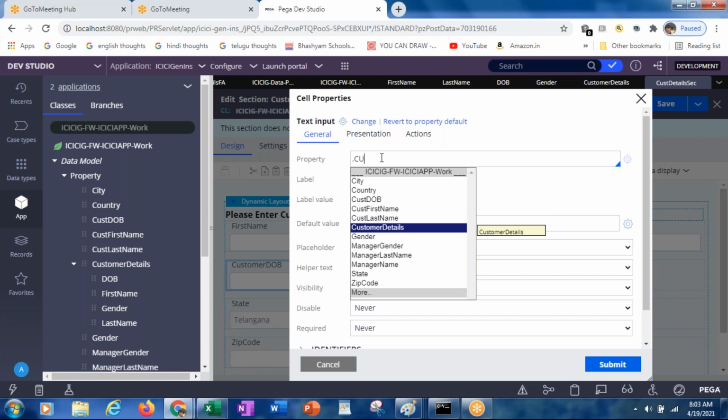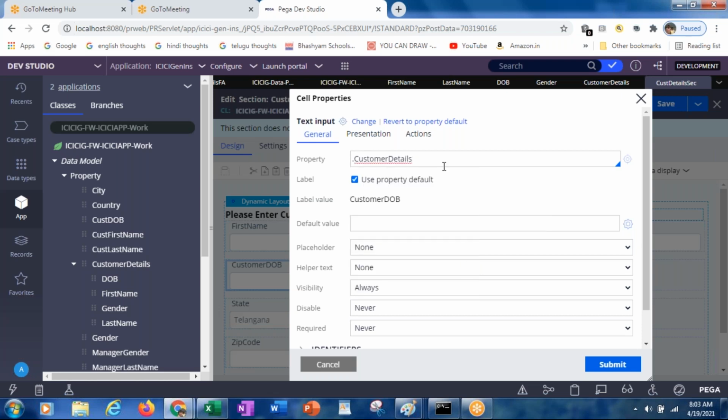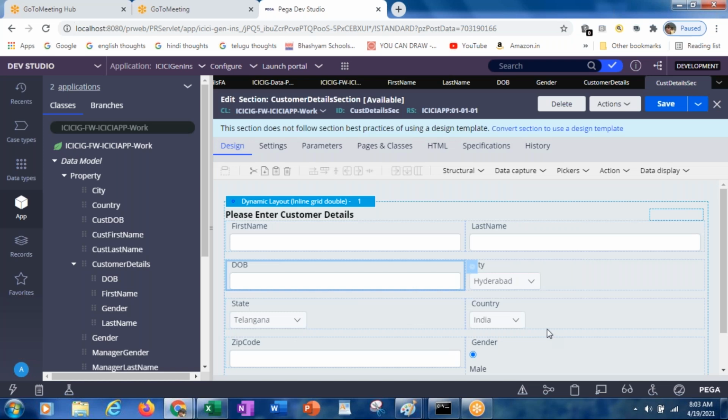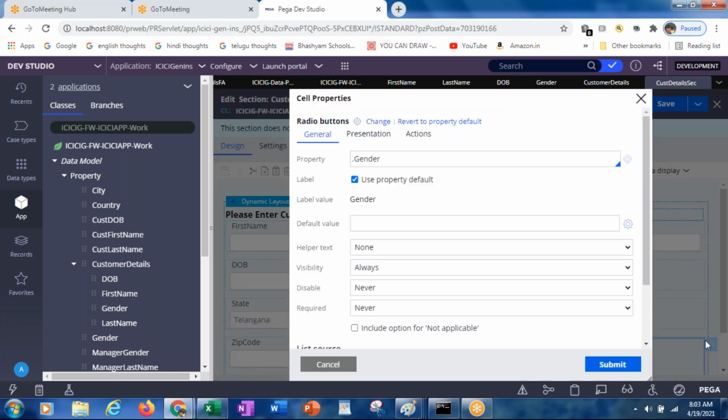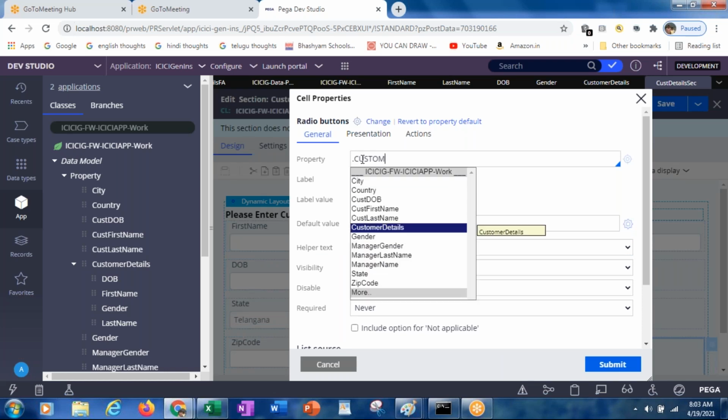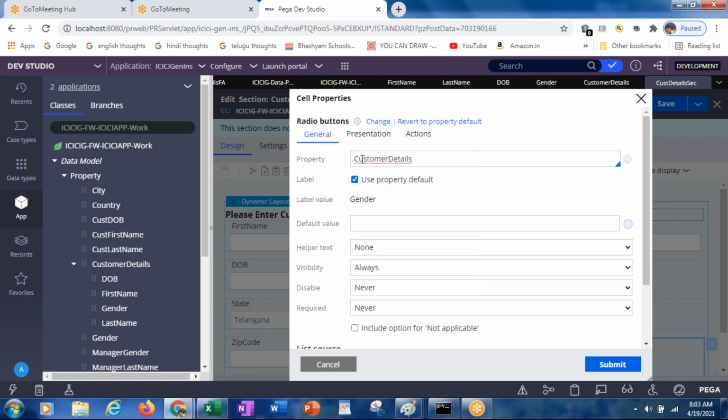Dot customer details dot DOB. Submit. I am re-referring everything. Gender also. Instead of directly dot gender, you can do dot customer details page dot gender.